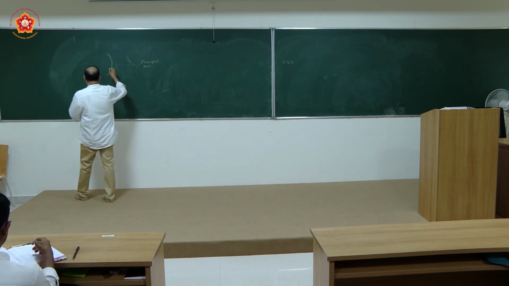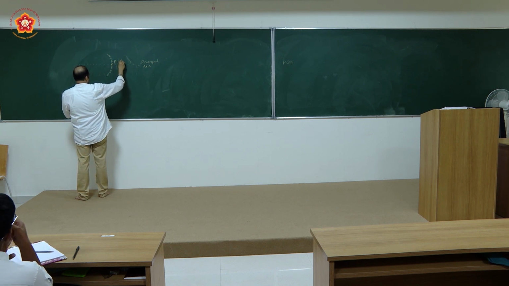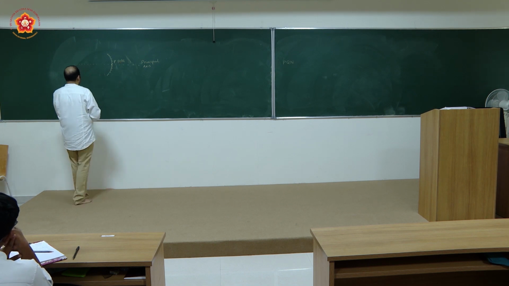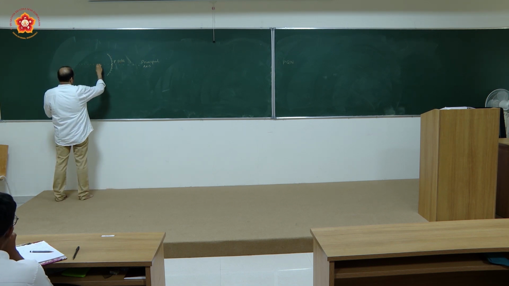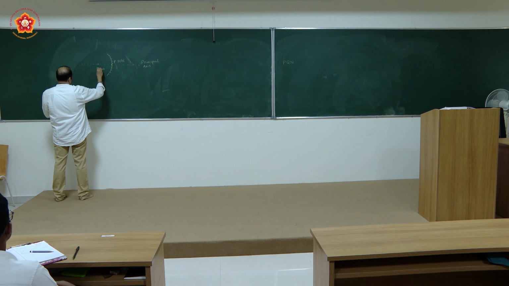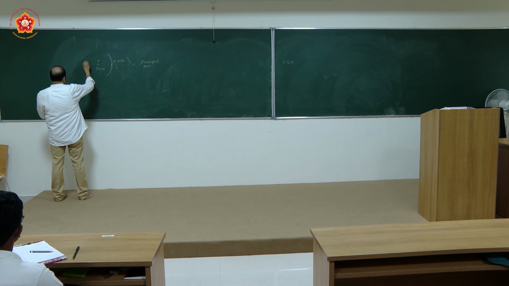The apex point here, you are calling it the pole, P standing for the pole. Then you will be having here the point which you are calling the focus. Then you are having here the center of curvature C. This is standing for center of curvature.